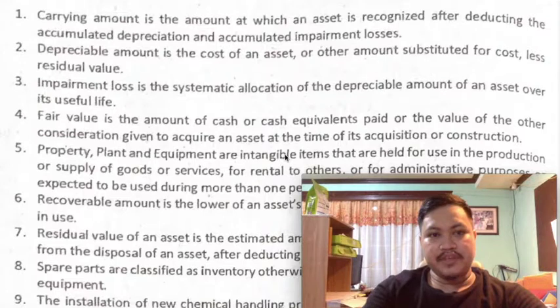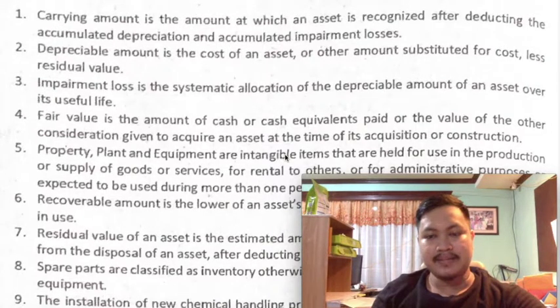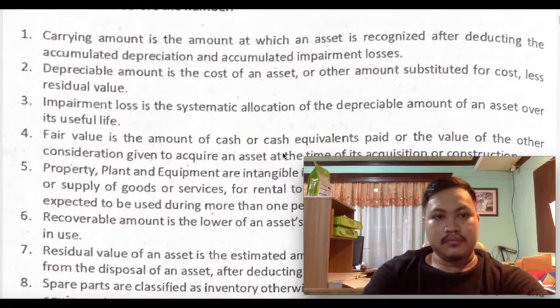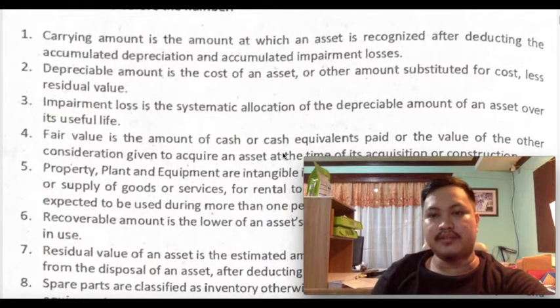So, in this video, we will try to answer some true or false questions concerning PAS 16, the standard governing your property, plant, and equipment. Number one, carrying amount is the amount at which an asset is recognized after deducting the accumulated depreciation and accumulated